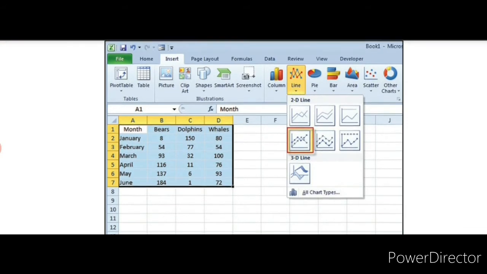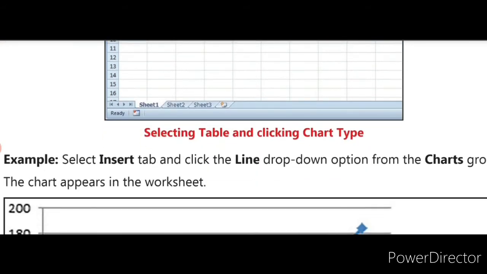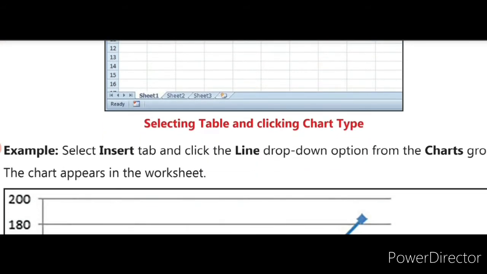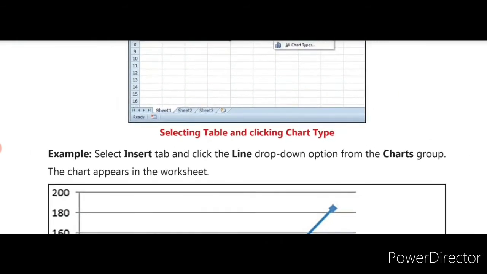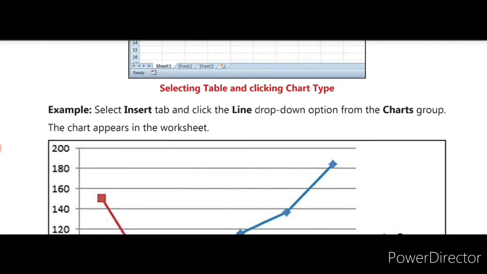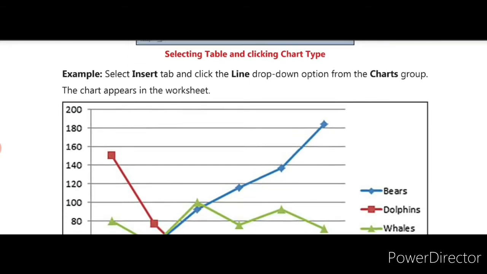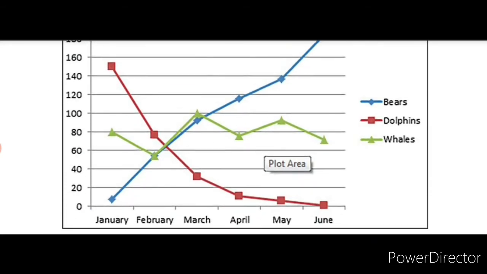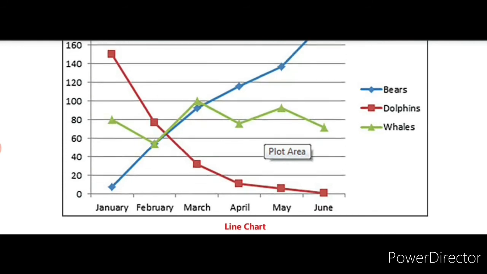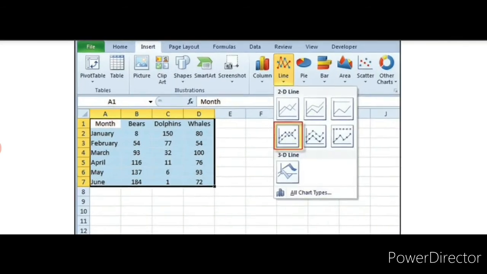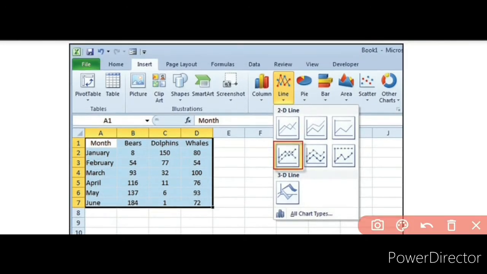For example, select the Insert tab and click the Line drop-down option from the Charts group. The chart appears in the worksheet. See this chart, it shows the line chart type. After selecting the Insert tab, click the line chart option from the drop-down box.